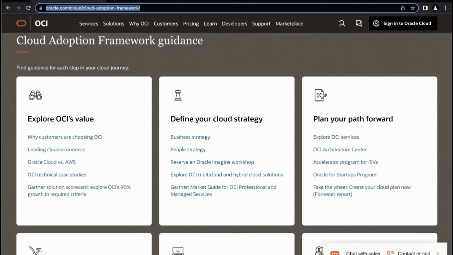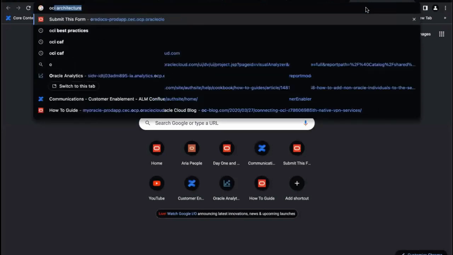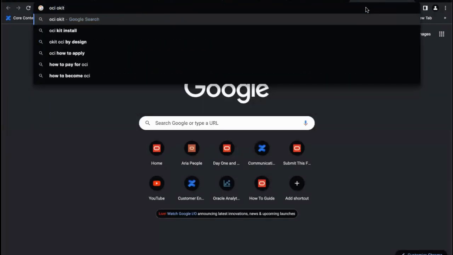Yep. So I want to pause on what we're talking about. There is a question of, for the cloud adoption framework and everything, Microsoft, AWS, some of the other companies out there have design wizards. We have OKit.